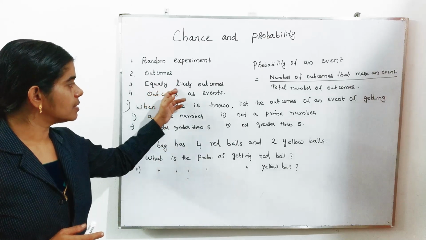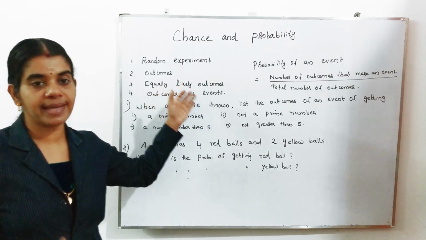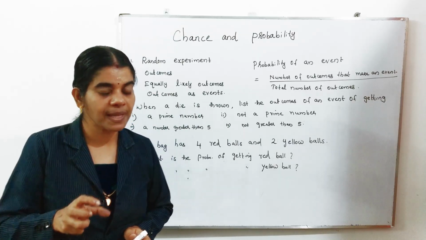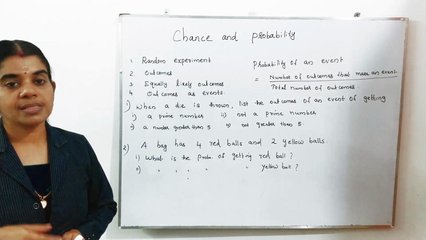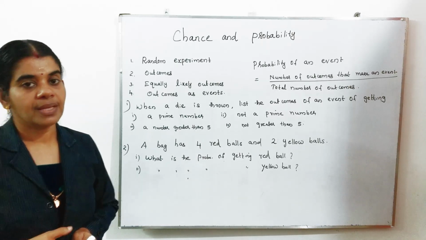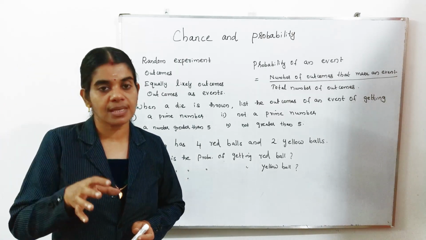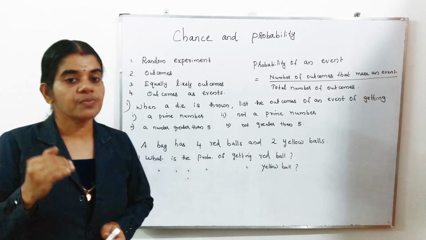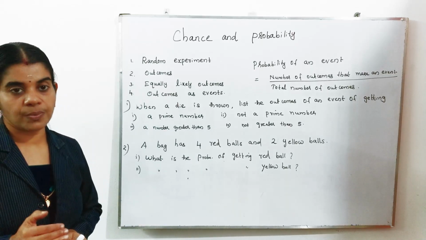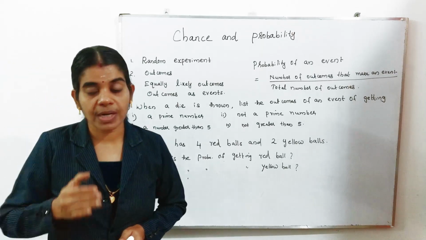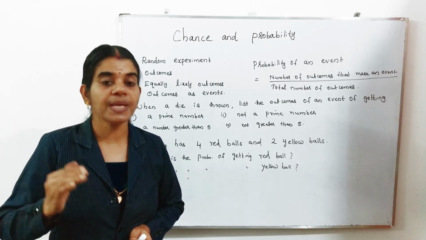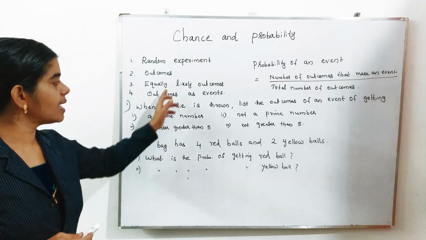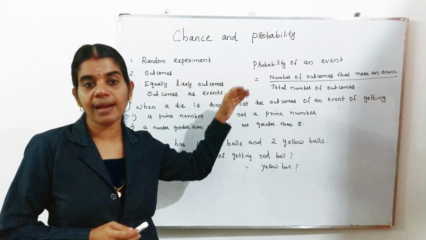Suppose that we are throwing a die. We already know that a die has numbers 1 to 6. In a snake and ladder game, the thing you play with is known as the die. It has 6 faces, with 1 to 6 dots, so 6 numbers. When we throw it, the chances of the numbers 1 to 6 coming are also equal. We can't predict which one will come. Such outcomes are known as equally likely outcomes.